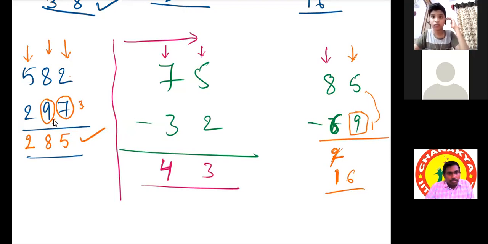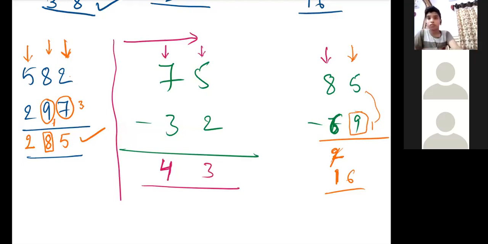So you wrote 8. But after that number, it's a mismatch, see. Why is it 8? 8 plus 9's complement is 1, correct? Actually, what number do we have to write here? 1 plus 8, 9, right? Yes, sir. Before writing 9, see the next column. Is it a match or mismatch? It's mismatch, sir. That's why I reduced 1. That's why 8. Okay, sir. Yeah, that is applicable for every column.